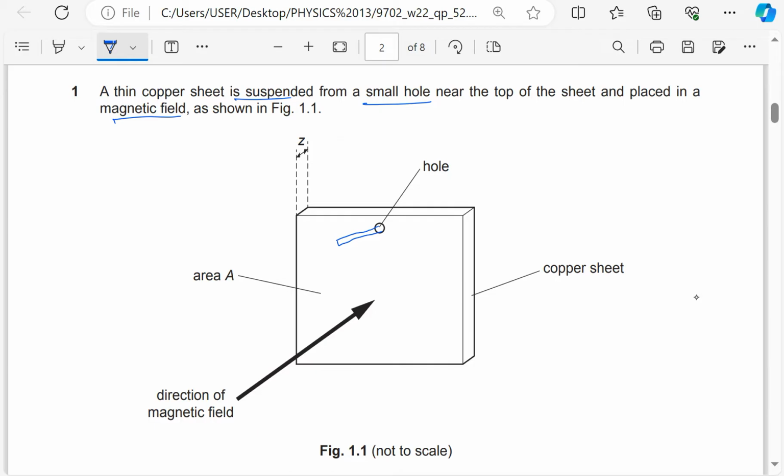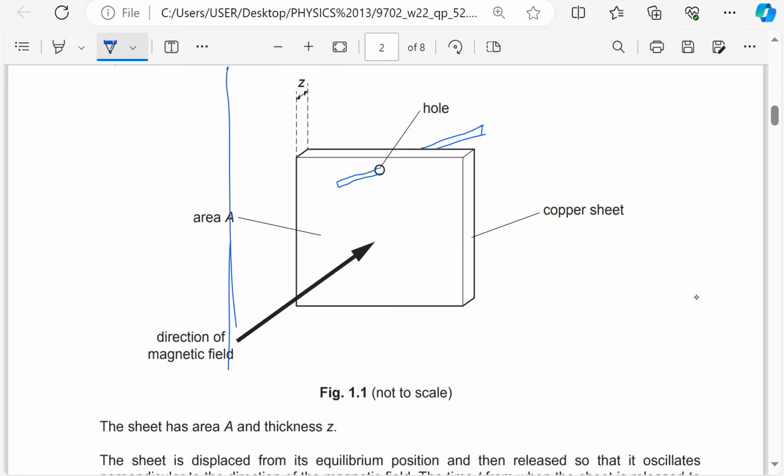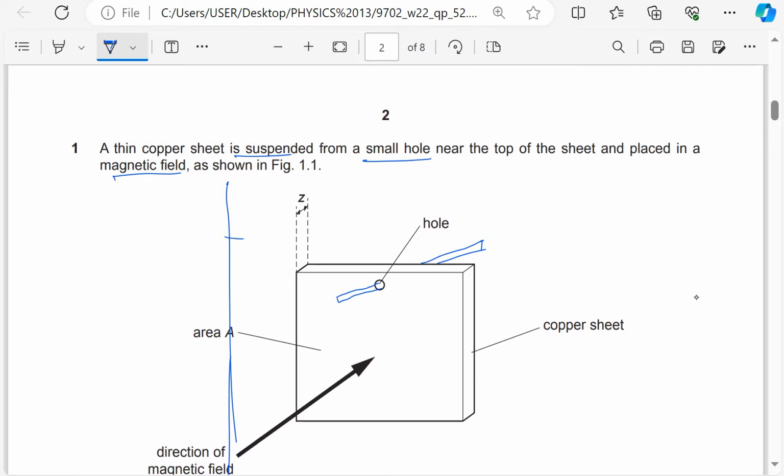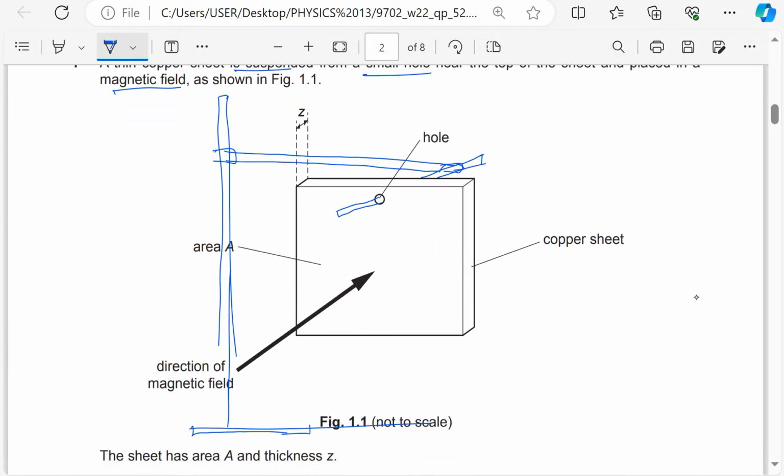So I'm just drawing the skeleton of my diagram. So I'll use a thin metallic rod to suspend this. And I will of course clamp this. So I'll put a ruler here. I will put a stand here. I will have to clamp this. So I'll use a clamp to hold this on the stand. Then